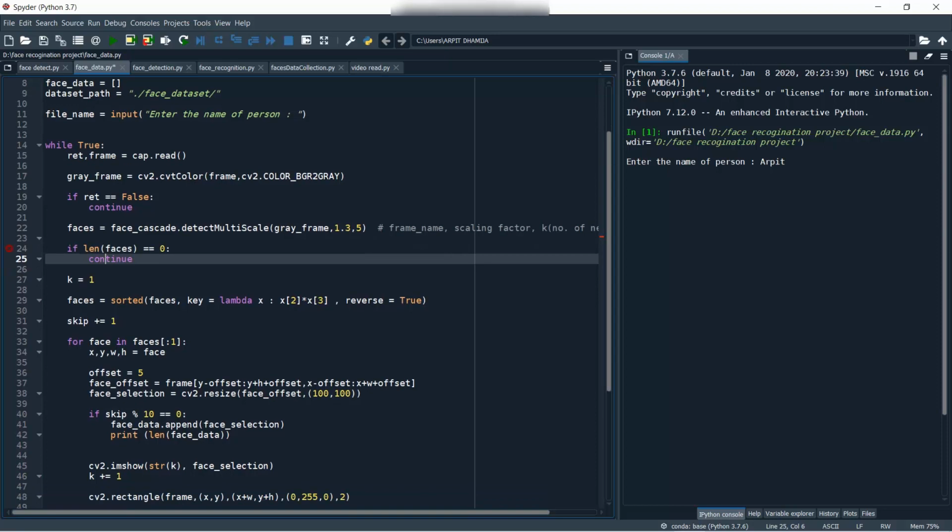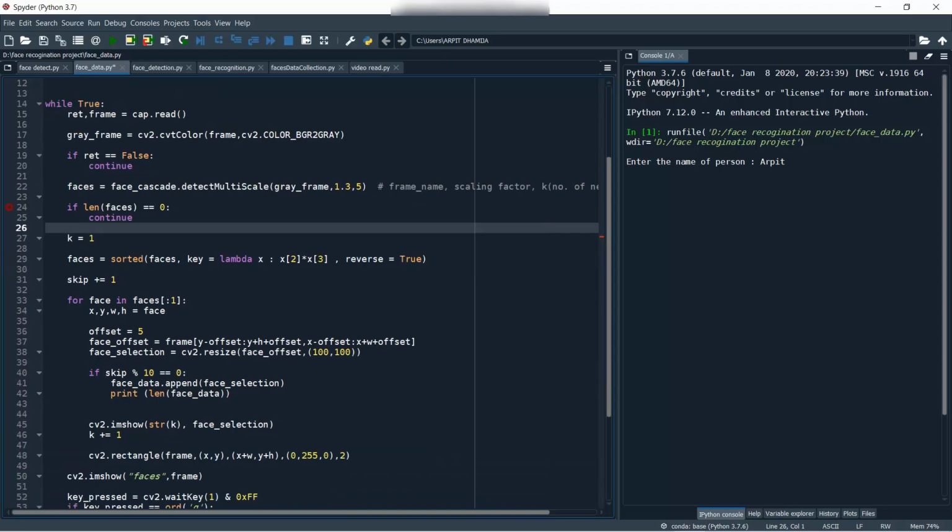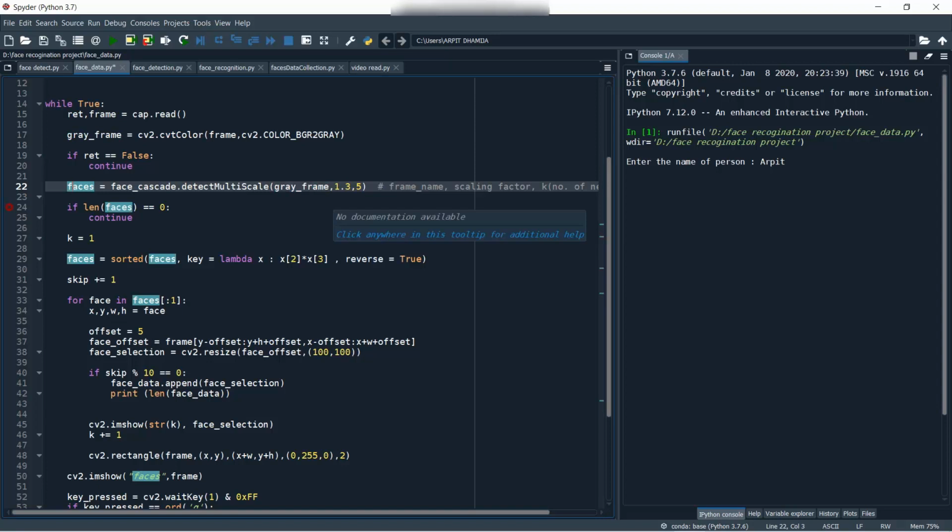Okay, so as of now just understand that this function just returns the coordinates of the face captured. Like if I open my camera and the camera captures my face, then this function will return the coordinates of my face, like top left, top right, bottom left, bottom right. Okay, so all the coordinates will be returned by this function to this faces variable. Okay, so this function is just telling us the coordinates of faces.